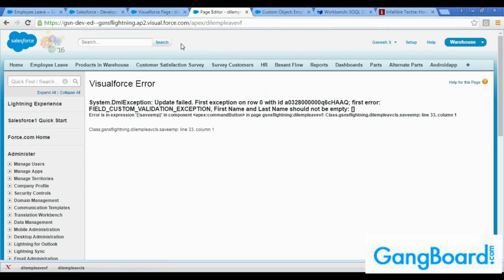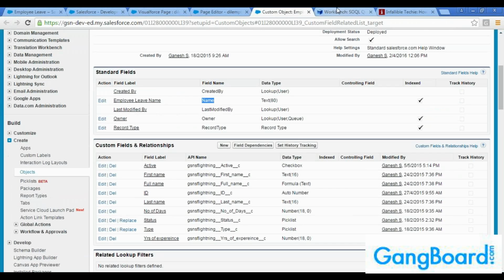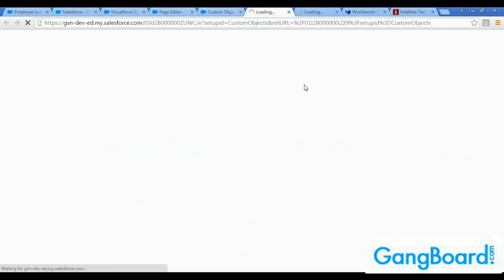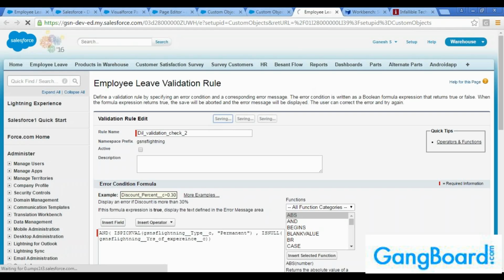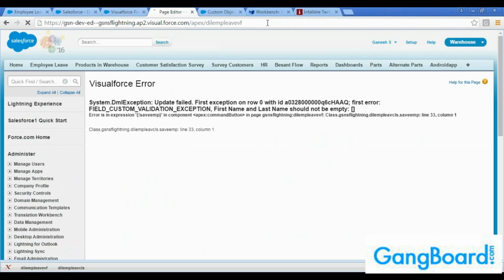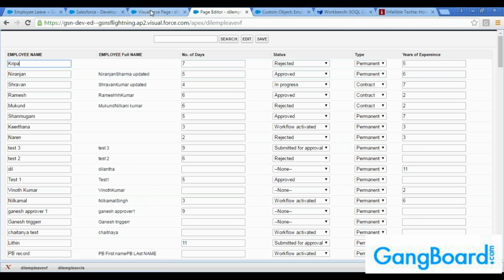We have some validation rules for that particular object, so let me disable those validation rules, or else we have to satisfy them and only then will it allow us to make the changes. So now I am clicking on it. Now if I give save,